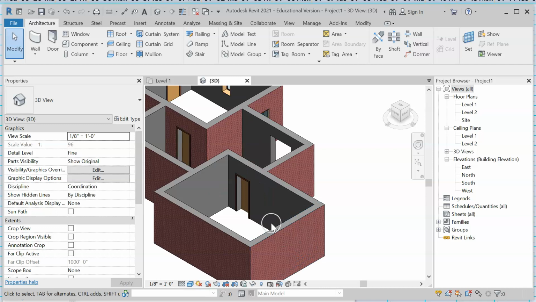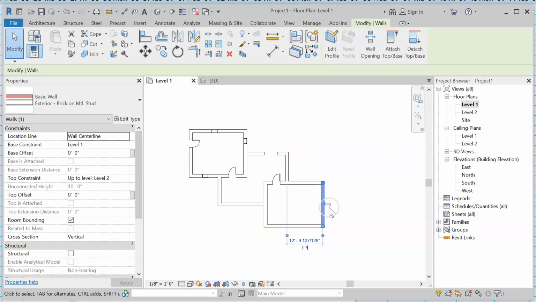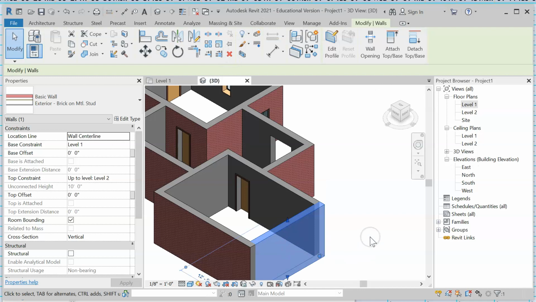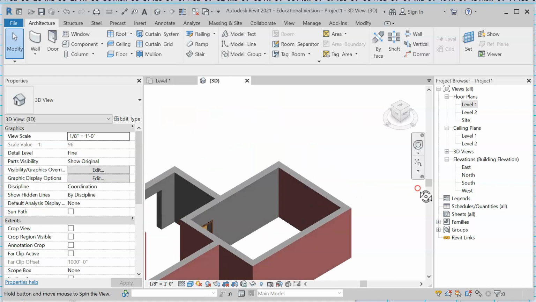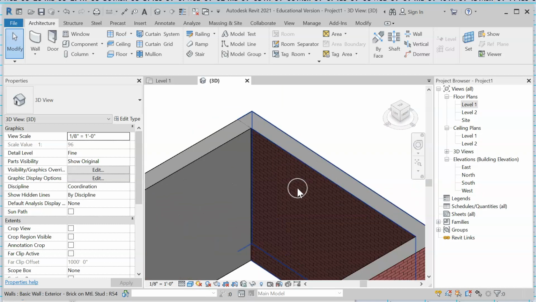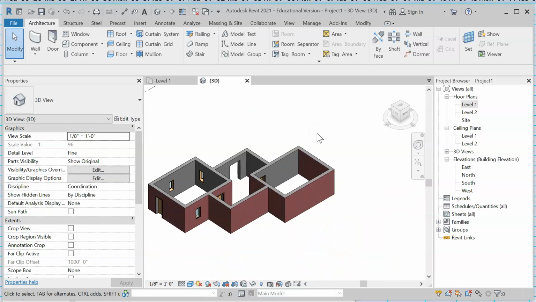Now, if your brick is on the inside, what you have to do is go to your floor plan, back to level 1, and click on the wall and make sure that these arrows are on the outside, not the inside. I'm going to put it wrong so you can see it in the 3D view. So I flip that wall around, and now you can see that the inside is on the outside and the outside is on the inside. I'm holding down my shift key and my center click, and that lets us rotate. Now you can see that there's brick on the inside, and that's usually not desirable, so that's a little bit of detail there. I think I've given you enough to lay out a basic floor plan with some